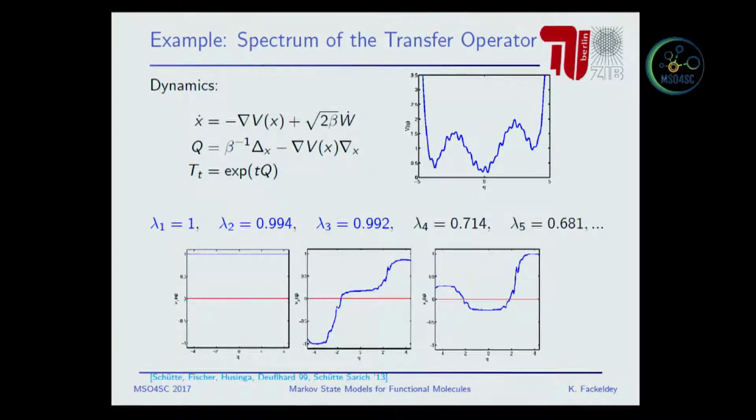And additionally, if we change between these two states, we see a sign change or a dramatic change also in these eigenfunctions. So taking this transfer operator, which has to be generated, we can solve for the eigenvalues, and